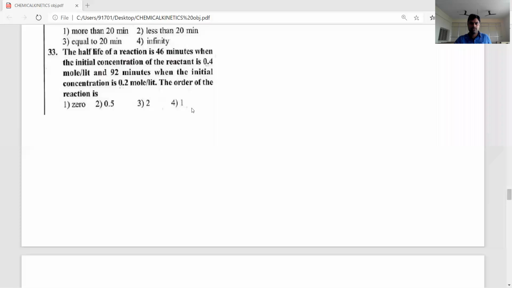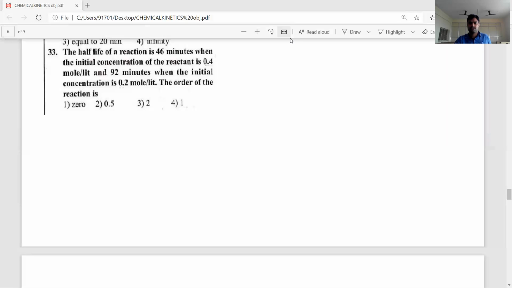Okay, listen dear students. Question 33. The half-life of a reaction is 46 minutes when the initial concentration of reactant is 0.4 mole per liter. The half-life is 92 minutes when the initial concentration is 0.2. Find the order of the reaction. So we know one relation,